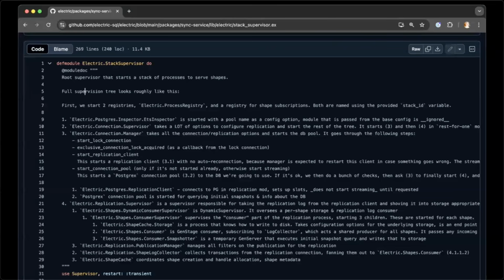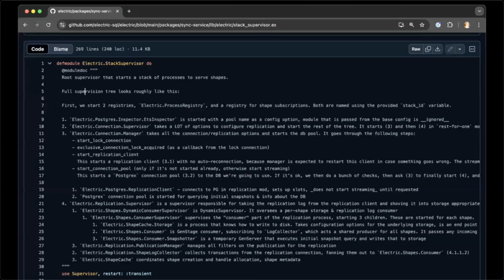And this is a module docstring discussing some of the supervisor tree infrastructure that we spin up through the pipeline to process this data stream and fan out. So you can get a sense of the type of wiring within the application. It's a bunch of OTP, GenStage stuff, and that's helpful both to harness concurrency, and to make the right trade-offs in terms of the performance engineering of the system.